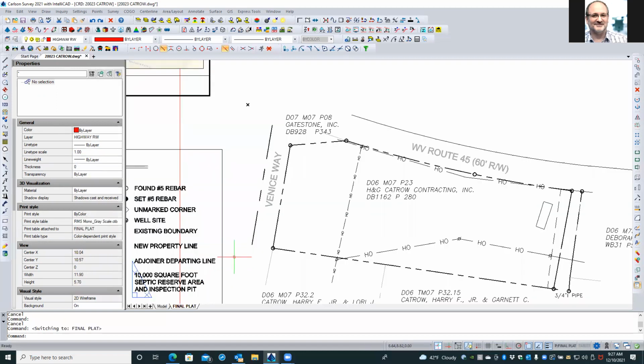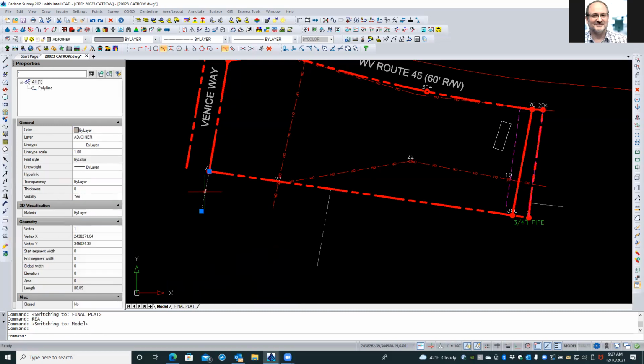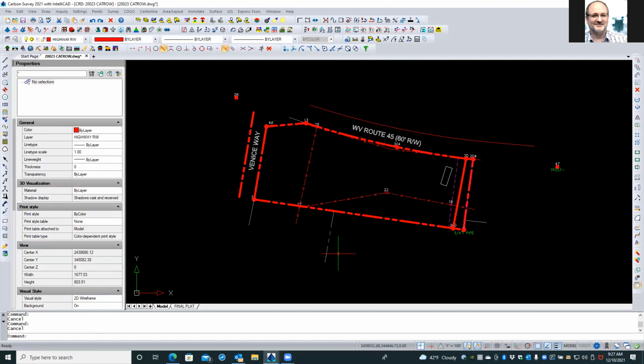Did it fix it? 1 to 1. That's still not quite enough with these shorter lines. So we could change that individually for each one, or